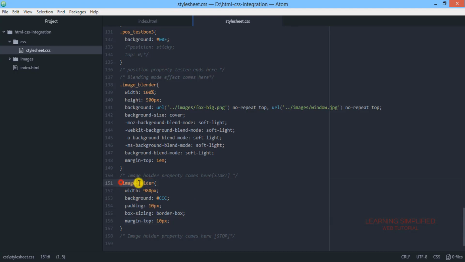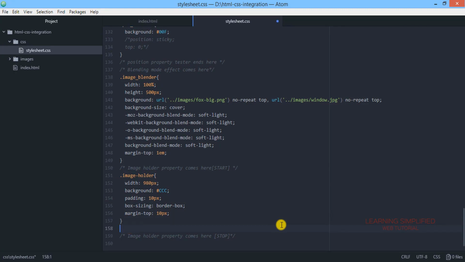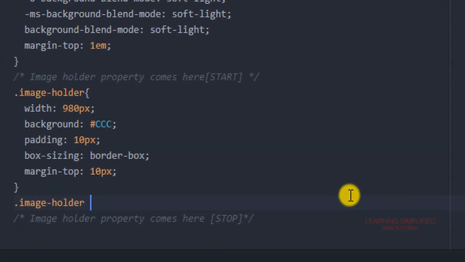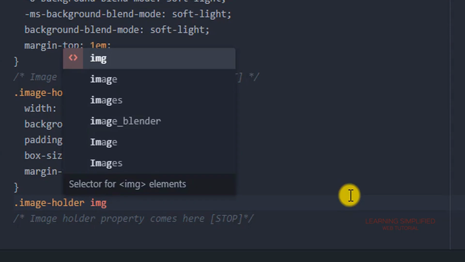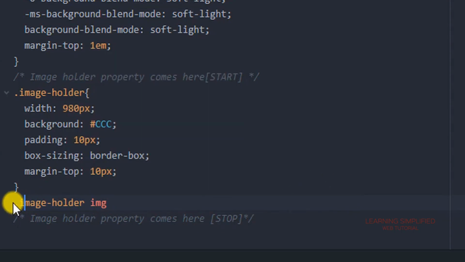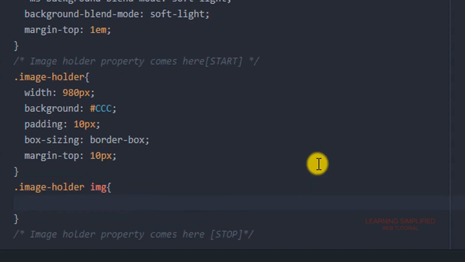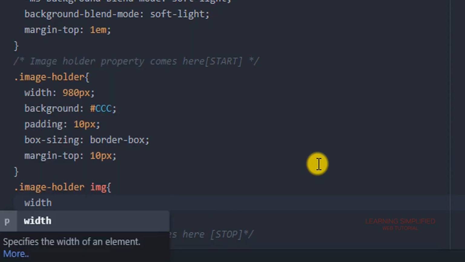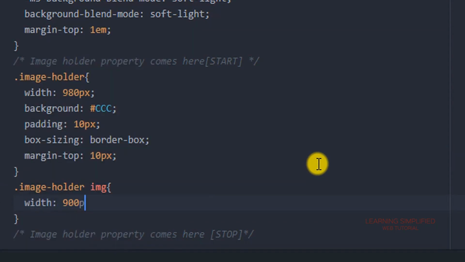All we are going to do is create this particular syntax over here, which practically represents that the image tag present inside this particular selector name image holder will have these following properties, such as a width of 900 pixels,